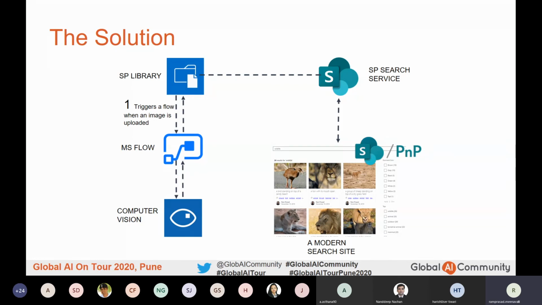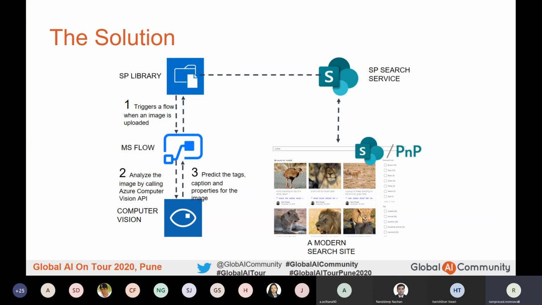Initially, whenever I upload an image into my image library, which could be the library where all my corporate assets and branding files are uploaded, I'll spin up a Power Automate flow, which will automatically trigger whenever an image is uploaded into a library. The flow internally calls the computer vision API with all the metadata and configurations I need.